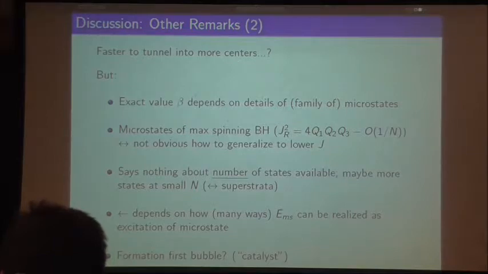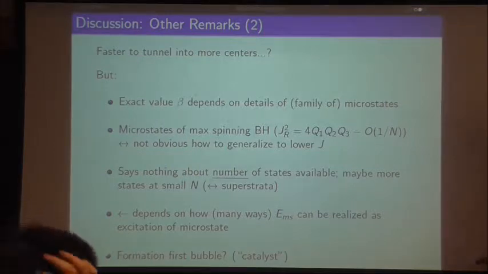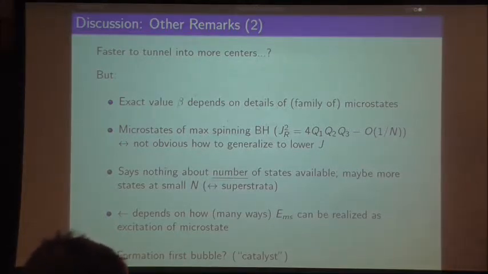And then finally, one thing that I definitely didn't tell you about is the formation of the first bubble. I told you that I'm adding charge from infinity and pulling this charge over a bubble to create a new center, but if we don't have a bubble to pull stuff over, I can't do anything. So there's the problem of, let's say, the catalyst first bubble that has to be present in order for us to be able to do our procedure at all. And this is something that you can't really study here, and I think this is a very interesting open problem. It has been for a while: how to get some non-trivial topology from just branes in a dynamical process.